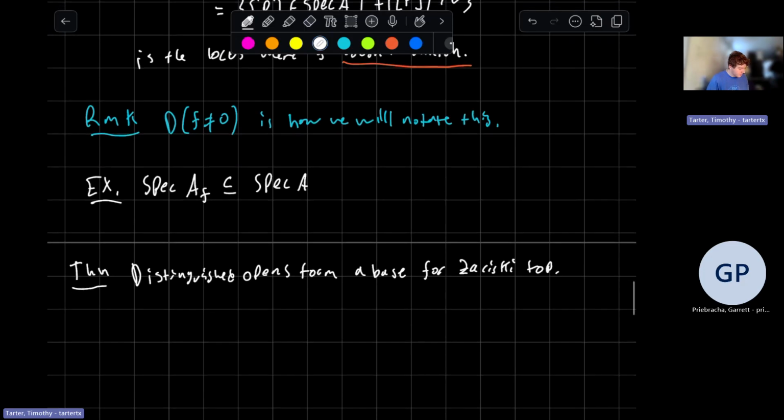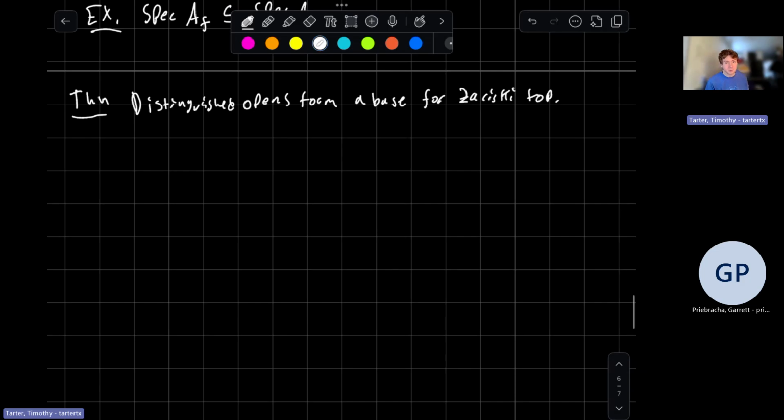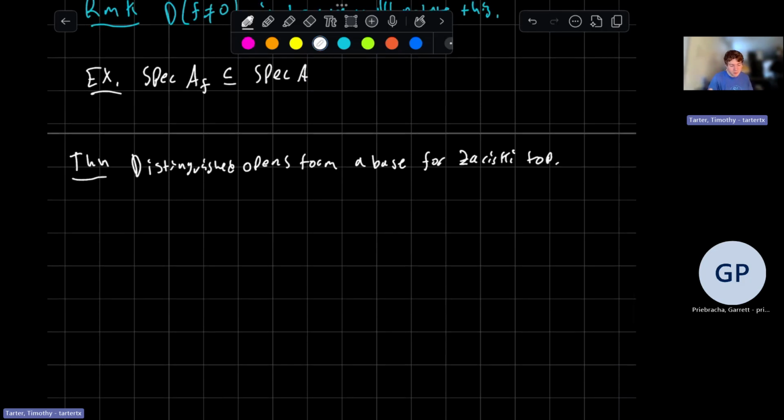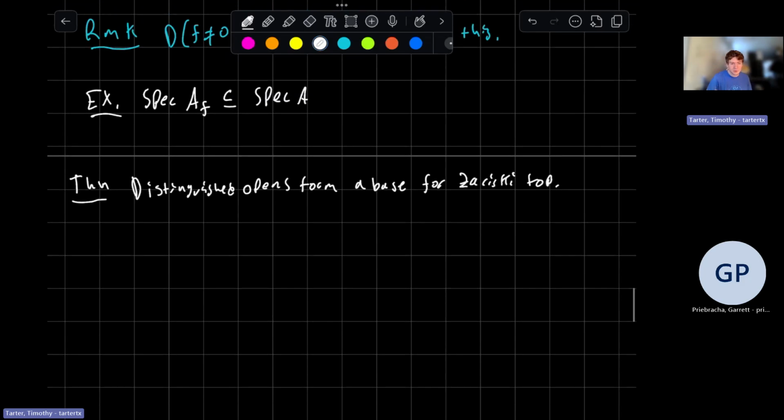Now, the definition of a base is one that I don't remember, because we spent like 2 minutes on it in topology. But the functional use of a base, and the way that we're going to prove that this is a base for the Zariski topology, is this: